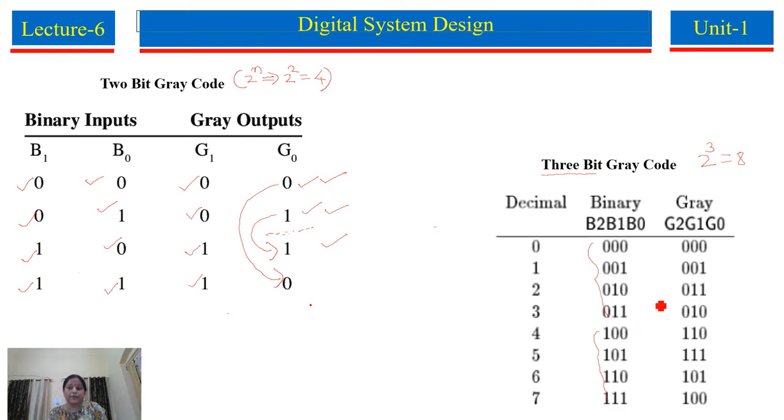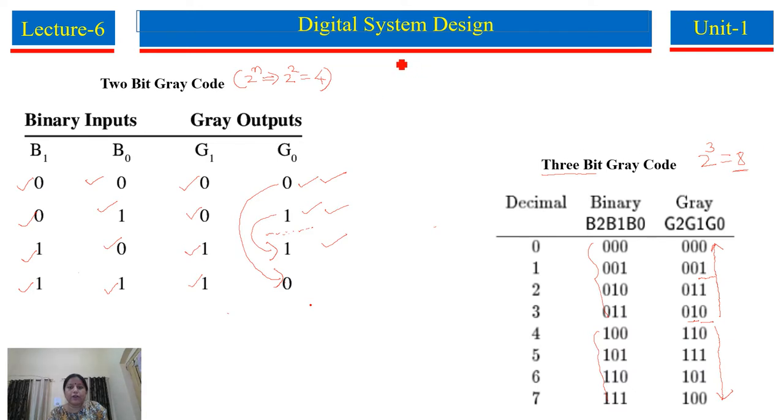Now gray code. In gray code, the possible combinations are 8 for 3 bits. So first of all divide by 2, four 0s, four 1s. Then divide by 2, two 0s, two 1s, and after that you make a mirror image. So these two 1s here, two 0s. Then 2 divided by 2, single 0, single 1, and here we make a mirror image. So 1 0 0. Then here make a mirror image, so 0 1 1. Mirror image means write just in the opposite manner. Look, 0 1 1 0. So here 0 1 1 0.